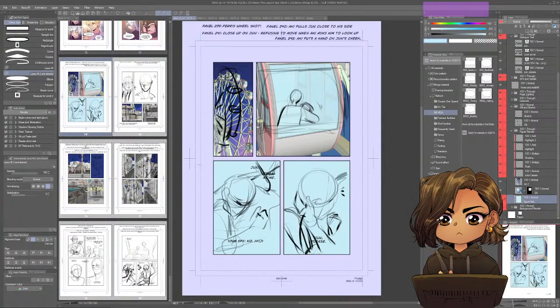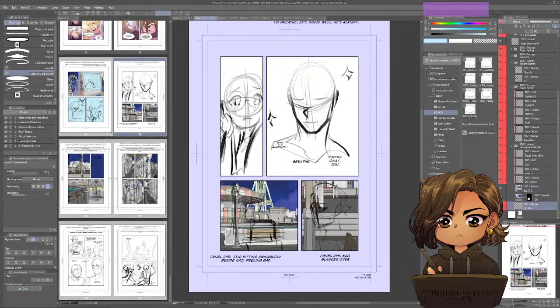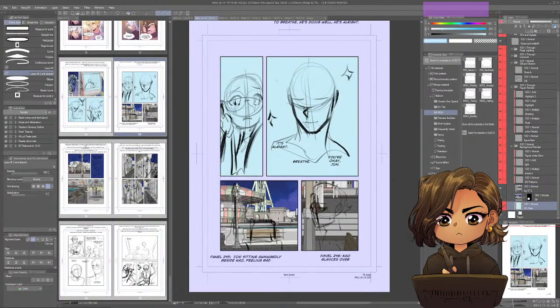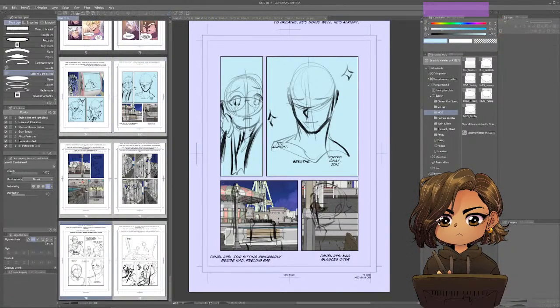Just do that. Save. There we go. And now I'll use like a darker purple or something to indicate outside night sky for these panels. Now if we come here,